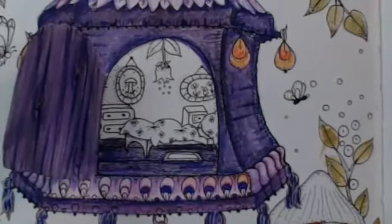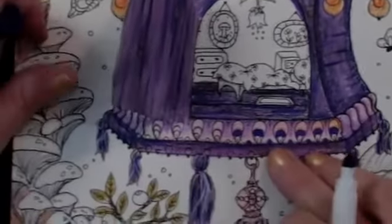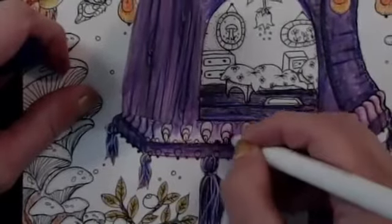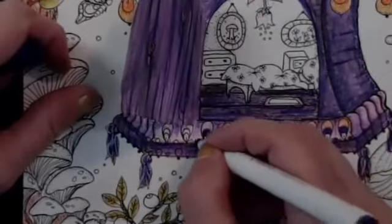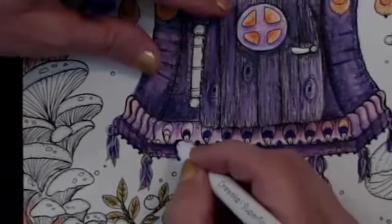All right. I won't talk for a minute while I color this. I'm totally out of breath. You'd think running up and down the stairs 100 times a day, but...